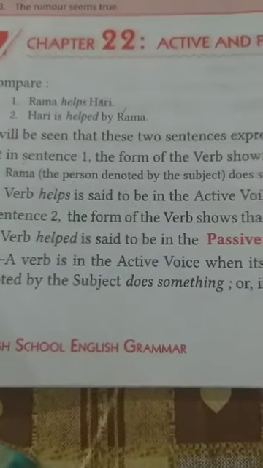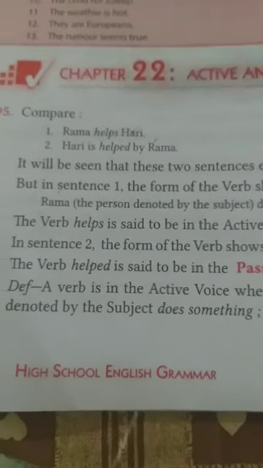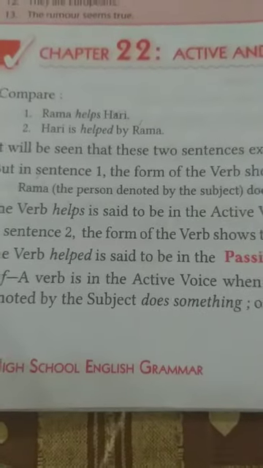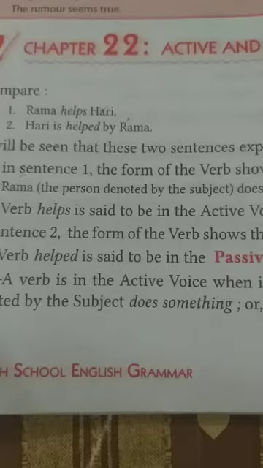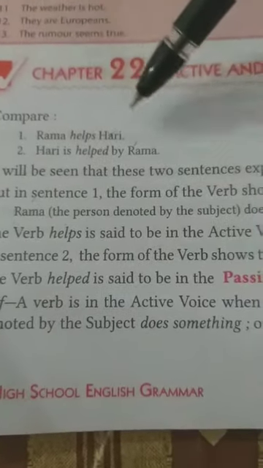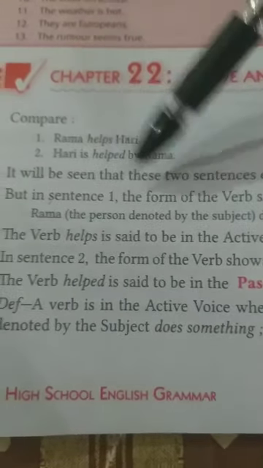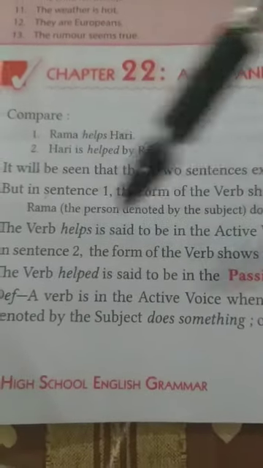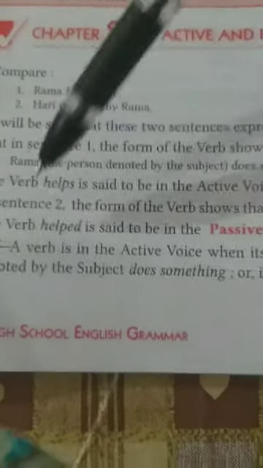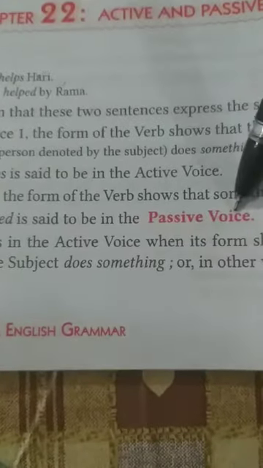On the last turn, the verbs of incomplete predication was the topic. I told you that there are two types of verbs, and verbs play a very important role in all types of sentences. So when a verb requires an object to complete its sense, that verb is said to be a transitive verb. And here I would like to tell you that only transitive verbs can be changed into passive voice.